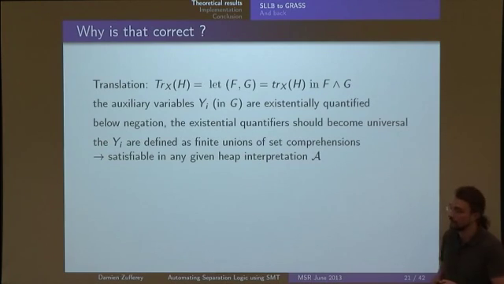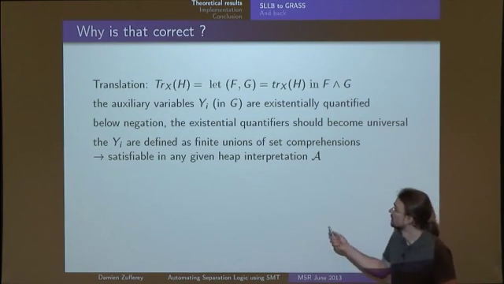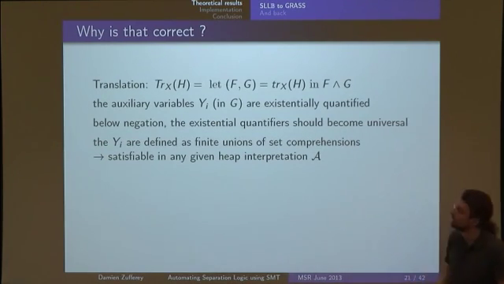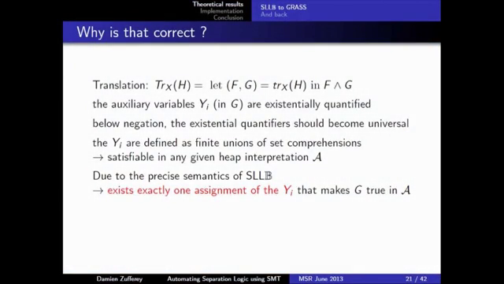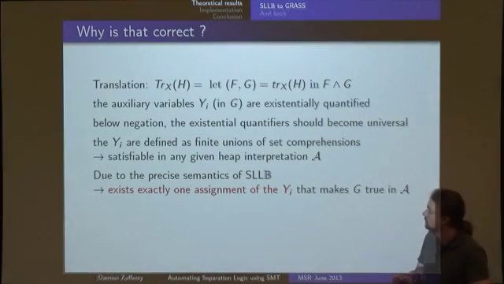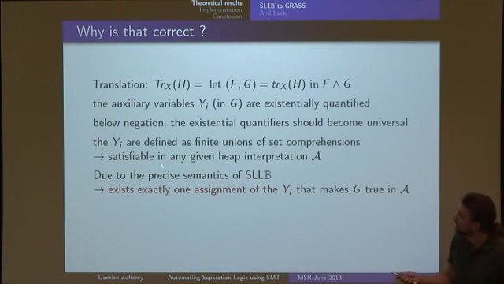Which means that in any given interpretation of the heap, the part G will always be satisfiable. And actually stronger than that, what we can prove is that due to this tight semantics, for the formula interpreted over the whole heap, there is exactly one single assignment to this y variable that makes